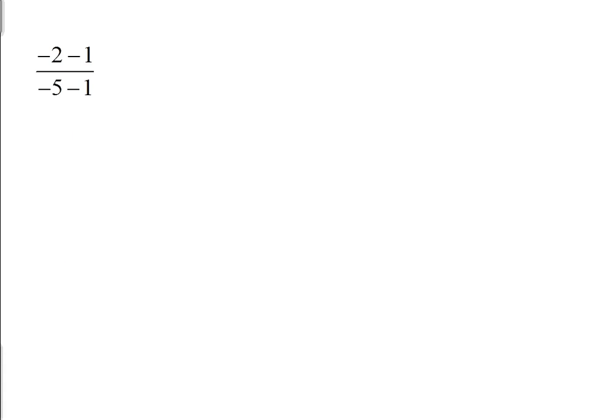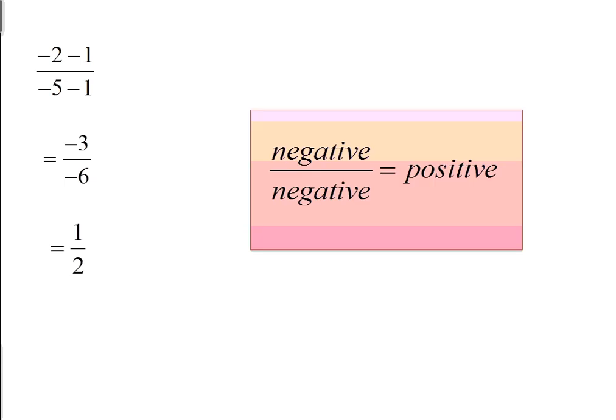Next example, we have negative 2 minus 1 in the numerator and negative 5 minus 1 in the denominator. Numerator simplifies to negative 3 and the denominator simplifies to negative 6. Now here we have to consider a couple of things when reducing the fraction. First thing we'll notice is that 3 can divide into both the numerator and the denominator, reducing the fraction to 1 over 2, but we also have a negative numerator and a negative denominator, meaning that our resulting fraction is